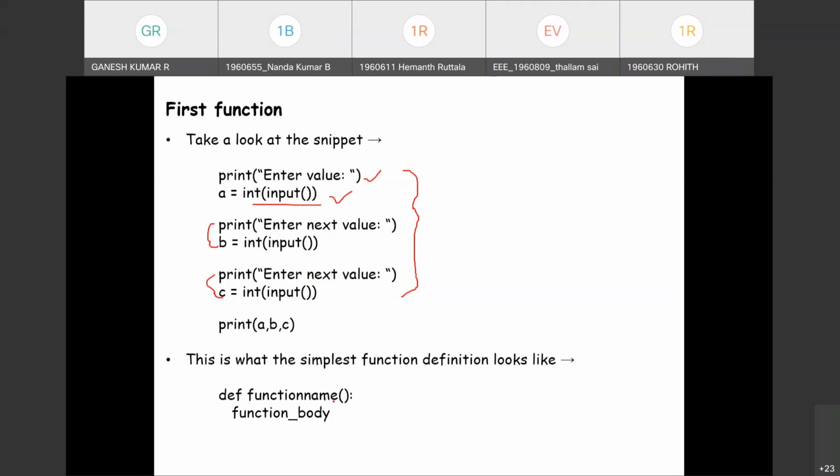Okay. So a function is defined with the keyword def. Every function definition starts with the keyword def, so def represents define.